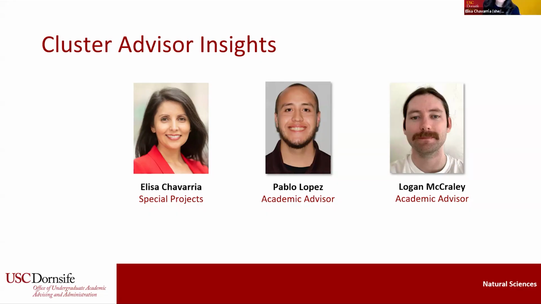I can help answer this one. So you definitely want to check in with your cluster advisor first and know that you can receive a referral to the major or the other minor that you're interested in pursuing if it's in a different cluster. And the goal really is for you to learn with your advisor how much room you have in your schedule to fit in that second major or minor, and also learn about specific policies around double majors or a second bachelor's degree, minor requirements, and those kinds of things. So definitely your first starting point would be your cluster advisor, and know that you can always get a referral to the other advisors where you can have a similar conversation focusing on that second program that you're interested in.